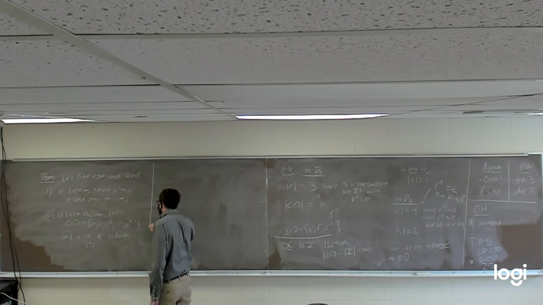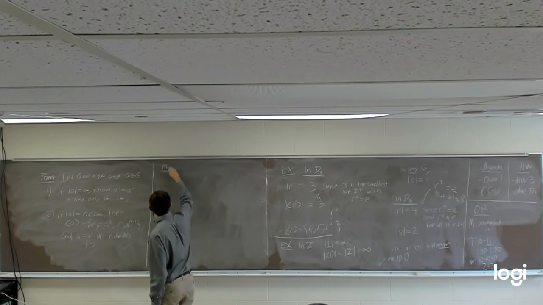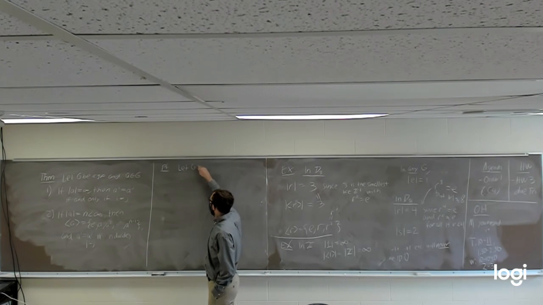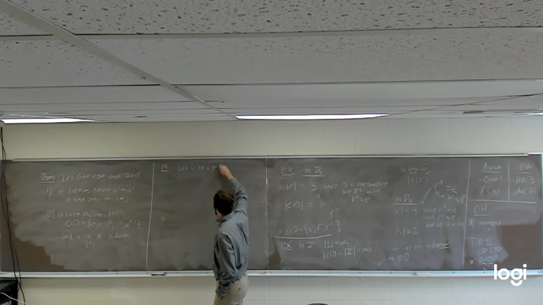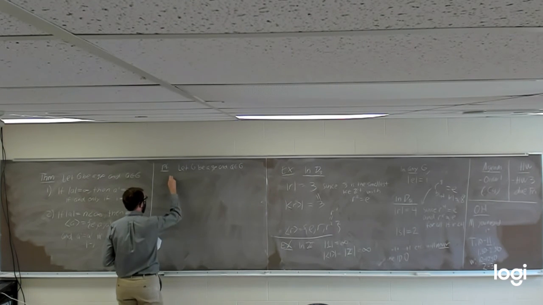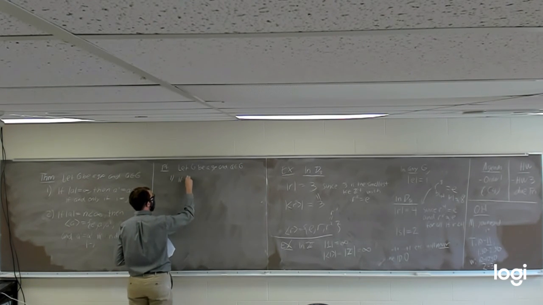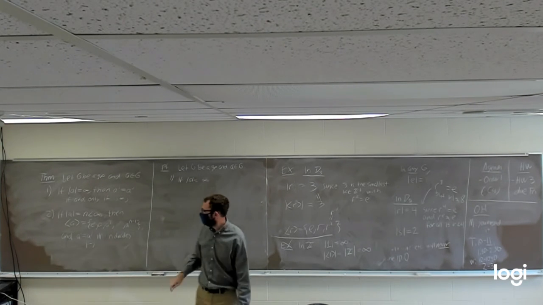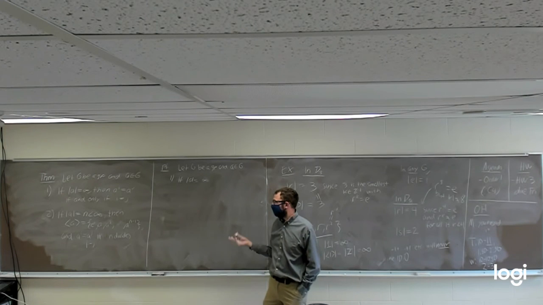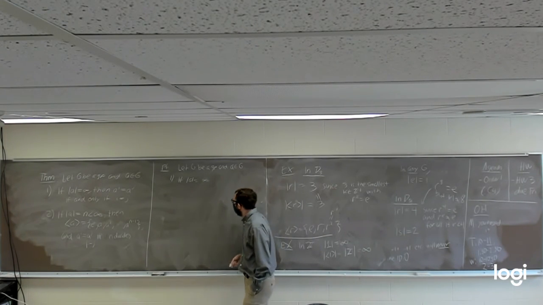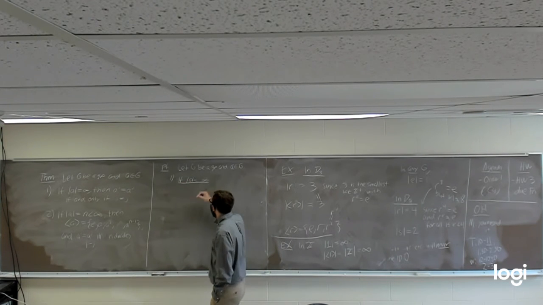So I'm going to start by proving number 1. As always, we're going to start with let G be a group, and A be an element of G. So our first case is if the order of A is infinite. And we're going to then prove A to the I equals A to the J if and only if I equals J. So if the order of A is infinite,